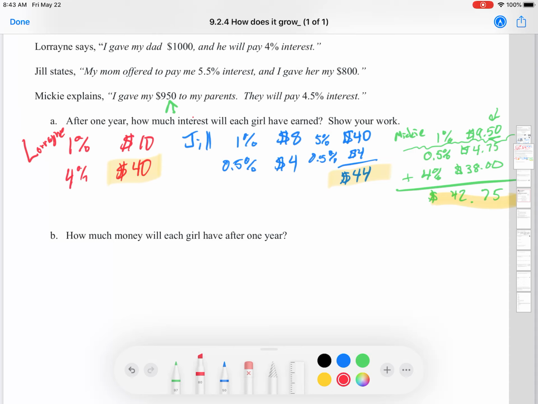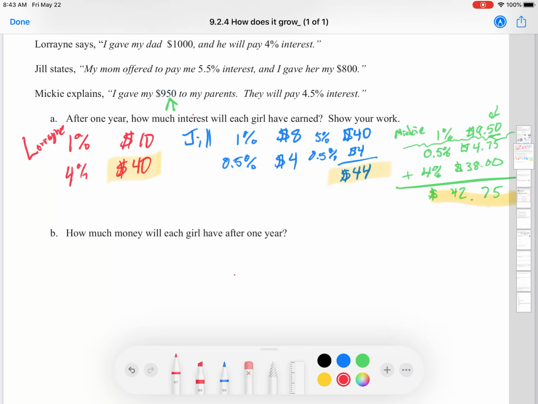Lorraine has $1,040. Whoops. I do that, don't I? Quite a bit. Lorraine has $1,040. Jill has 44 plus 800, so that's 844. And then last but not least, Mickey has